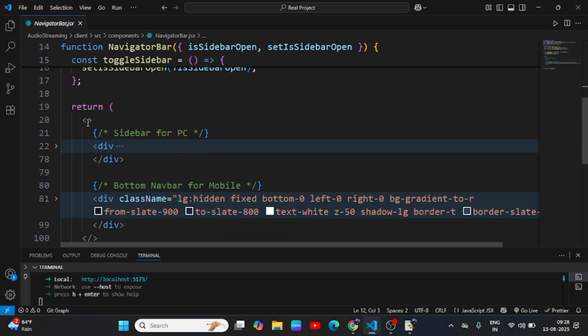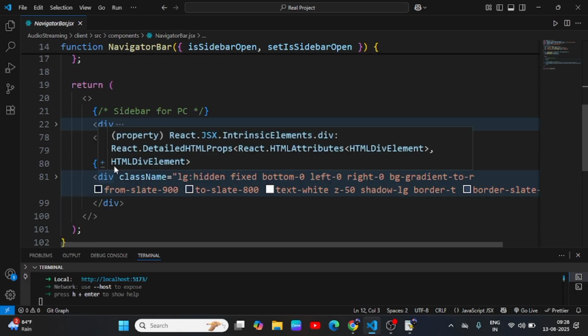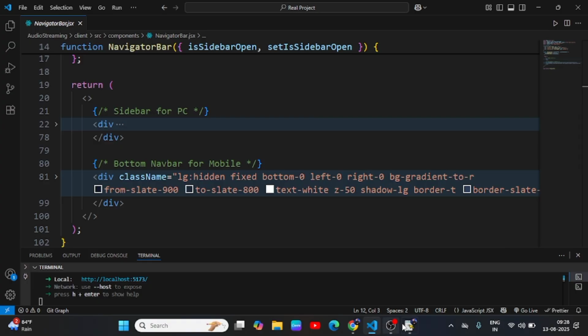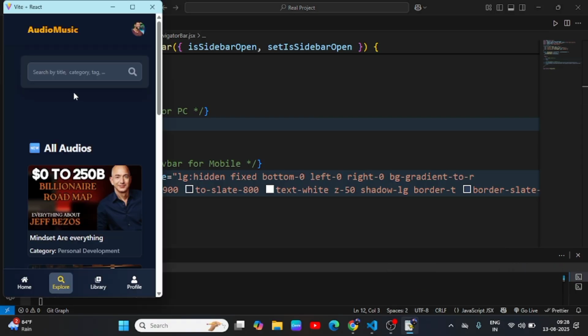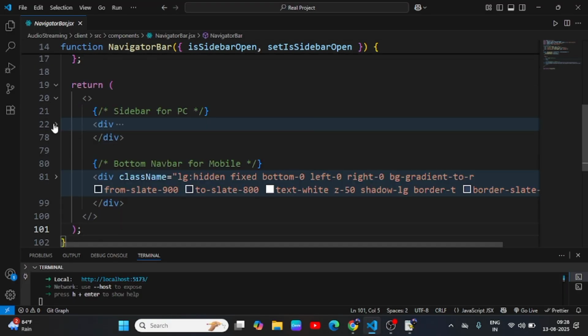And here, if you notice, we are not providing a div, it's a fragment. So yeah, we are using a fragment, so we don't need to provide any div. So inside the fragment, we have two things: first, the sidebar for PC, and second, a bottom navbar for mobile. You can see this is the bottom navbar if your screen is the mobile version, otherwise you can see this sidebar. So that is the logic. So if you open up this div,